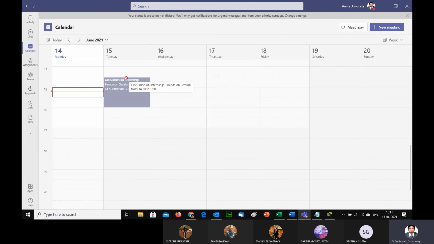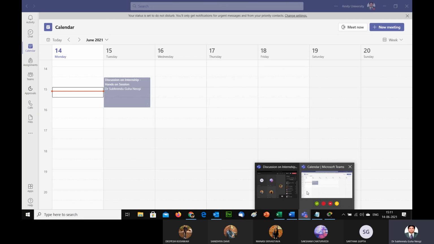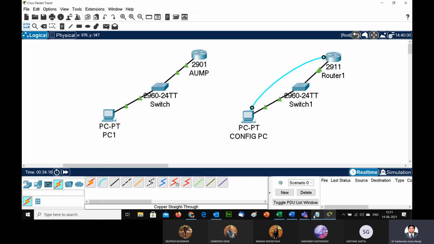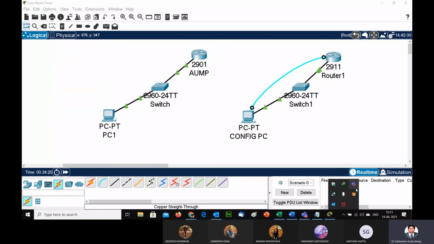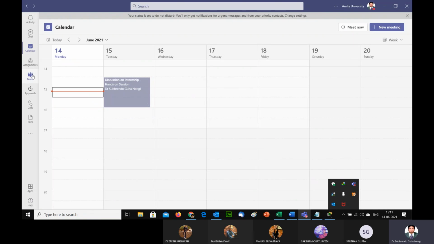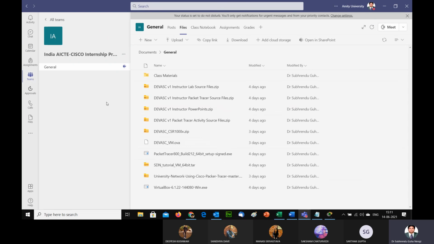So I'll actually be giving a sample project, but you cannot copy paste and do a sample project. You just download this file, that's why I just told you, and get back to me tomorrow because it's a very informal class. Unless you work on this university network topology, just downloading it is no use.